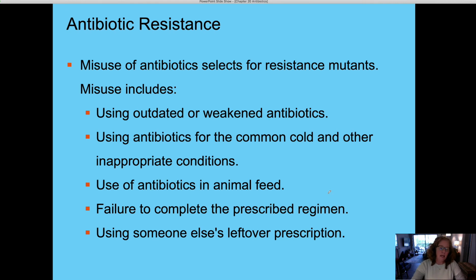Well, one is using outdated or weakened antibiotics. Antibiotics, like any other drug, have a shelf life. So if we use an antibiotic that is really old, it's been sitting around, it has been weakened, it has broken down over time. So in this case, we might think that we're giving a particular dose, but we're really not. We're just giving a really weak, low dose that won't necessarily kill the microorganism, but it does introduce it to that actual